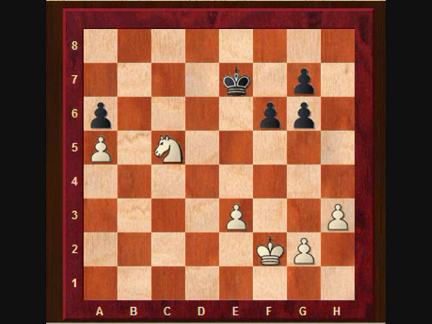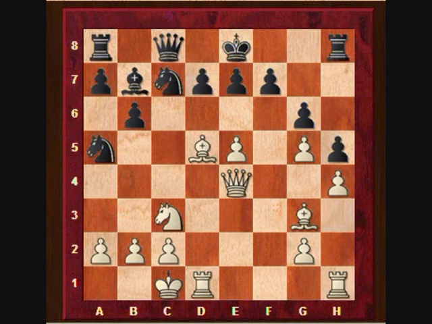Okay, I'm going to show you another position so we can keep practicing this. Okay, here is the second position. This time it's more complicated, so be prepared to visualize and calculate. It's white to move here,